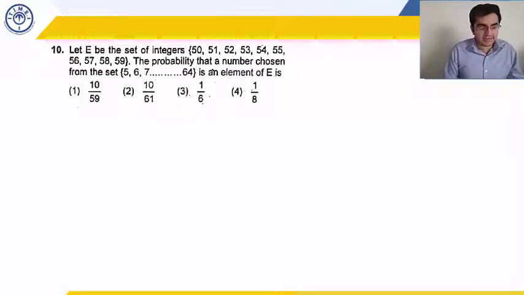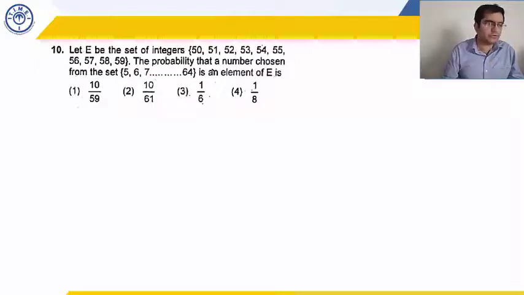See, you know that denominator is supposed to be 60. Okay, 60 or one of its factors if the numerator and denominator get a little bit more simplified due to cancellation of factors. So that means your denominator can never possibly be 59 or 61 or 8 because 60 is not divisible by 59 or 61 or 8. So your answer should be choice number 3. So without even calculating anything in this question, I know the answer.